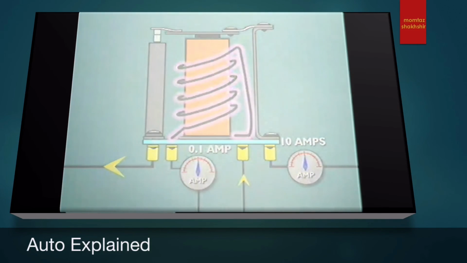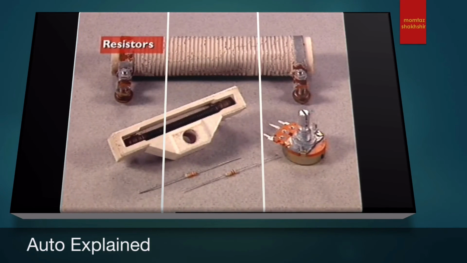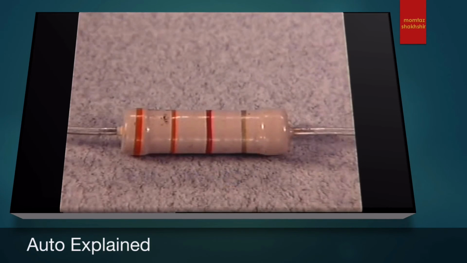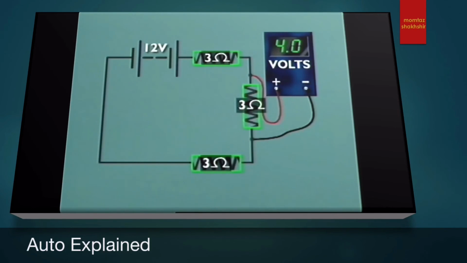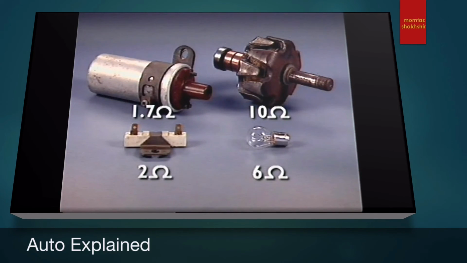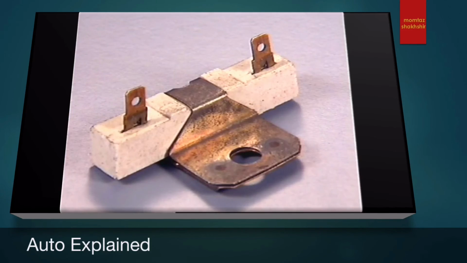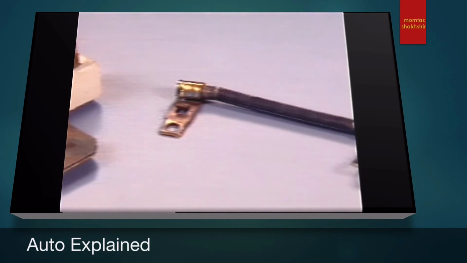This section examines resistors. Resistors are so named because they resist current flowing through them. Putting a resistor in a circuit causes a drop in voltage across the resistor. So resistors are commonly used to control the voltage that reaches various components. It is also important to remember that each electrical component also has a resistance of its own. Most resistors that can carry large currents contain a coil of high-resistance wire wound around a ceramic former to dissipate